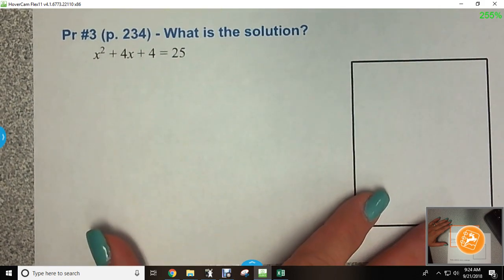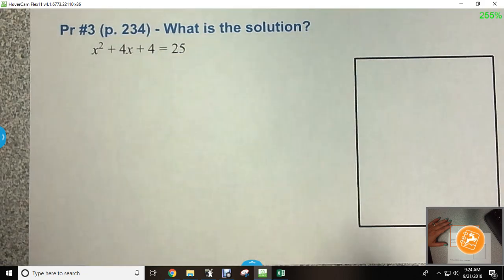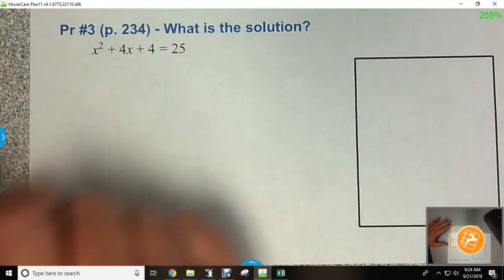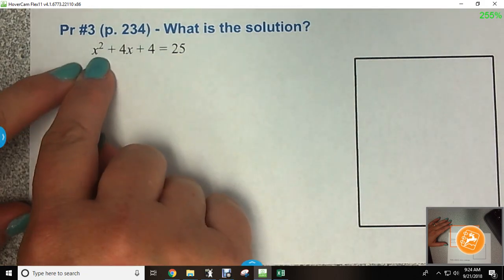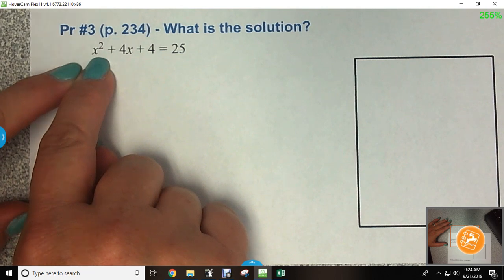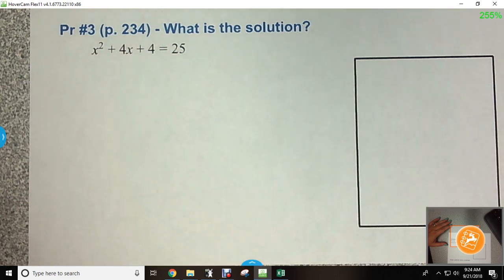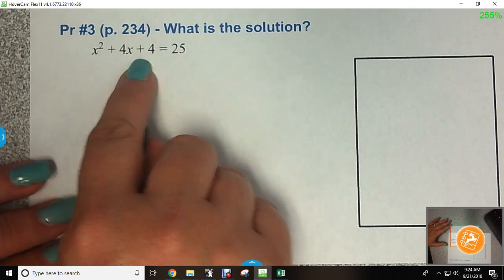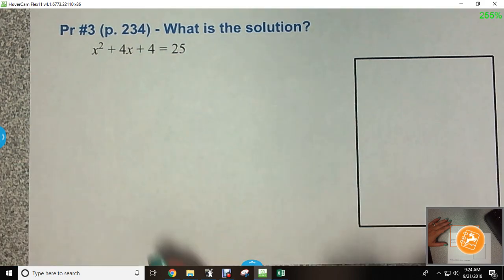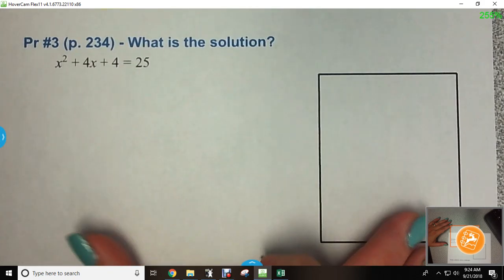Now, problem 3. This one is a little bit different because I've got lots of stuff over here. I can't get this x squared by itself without having an x over here, and I don't need that. I need all of my x's on the same side. So when you have a trinomial like this, what you're going to do first is